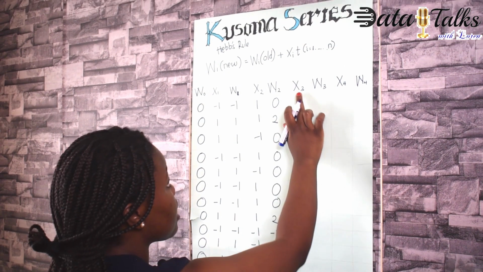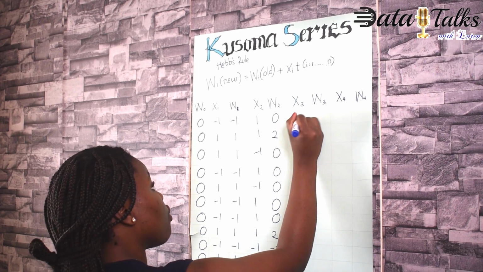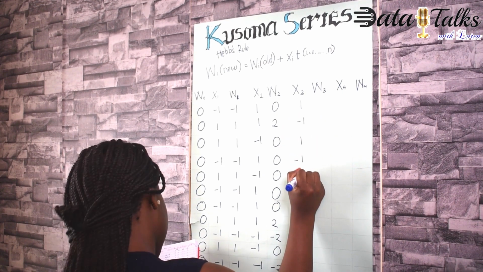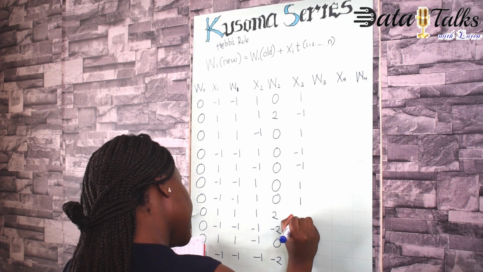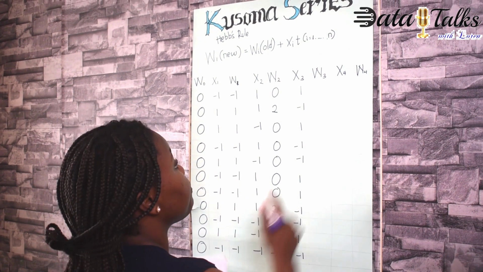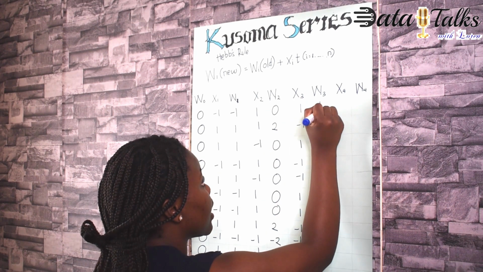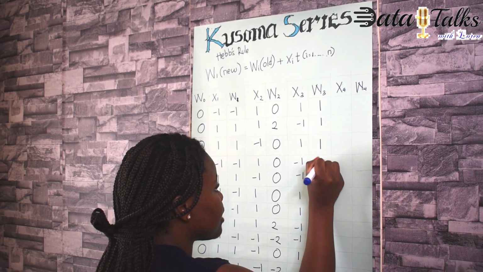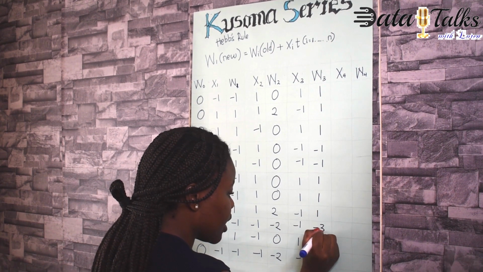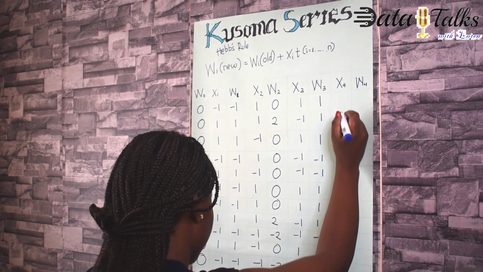So x3 was a positive statement. Again, we multiply s times positive 1, and we get 1, negative 1, 1, negative 1, negative 1, 1, 1, negative 1, negative 1, 1, negative 1. Adding W2 plus x3 will be 1, 1, 1, negative 1, negative 1, 1, 1, 1, negative 3, 1, negative 3. x4 was a negative statement, so s times negative 1, we get